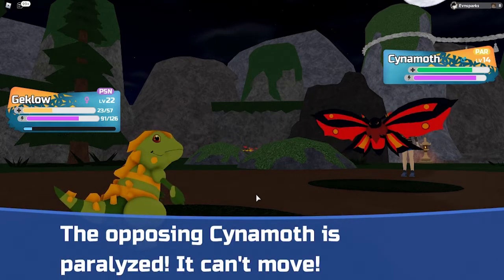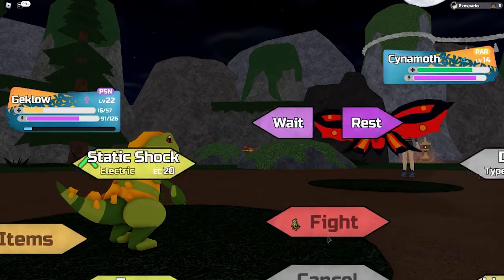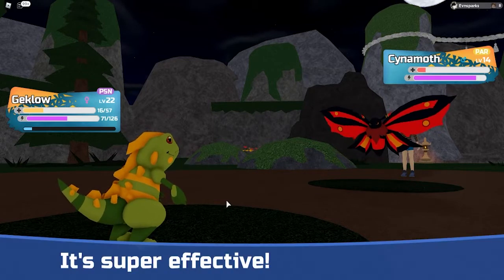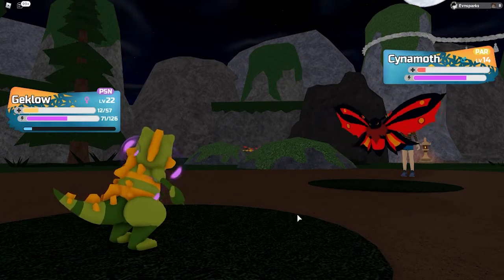Alright, it's paralyzed. It can't move. Alright, that was good for us. We're going to take poison damage. So I think we're going to have to go back to Heiwa Village after this. Alright, well, so far that's pretty good. We got in like 4 runs. And that's pretty decent, I'll say. Yeah, we're going to... Actually, no, we can...